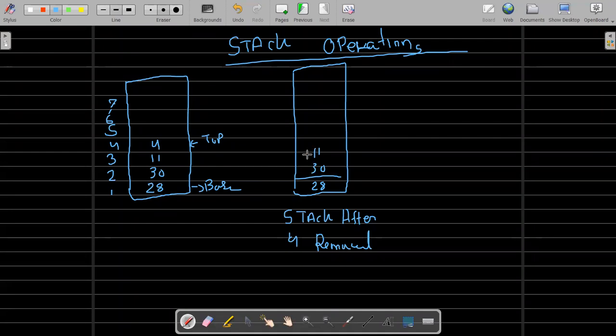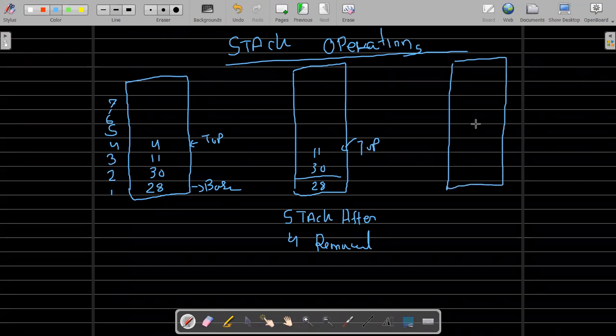So 4 has been removed. So the representation of this will be like this, and now this will be your top. And in the same manner, let's say you want to insert something. When you want to insert something, you will have 28, let's say, then you'll have 30, then you'll have 11, and then let's say you have 18. So this is the structure that you will have in a stack after